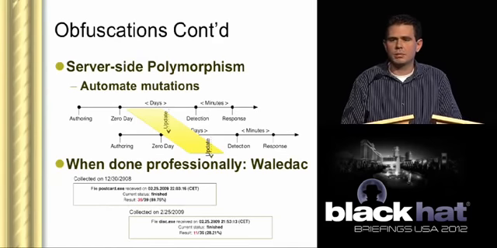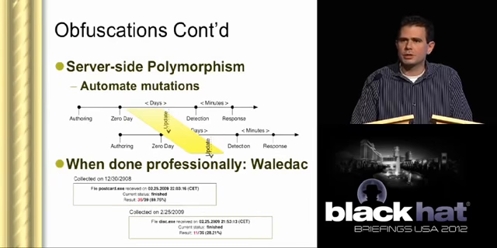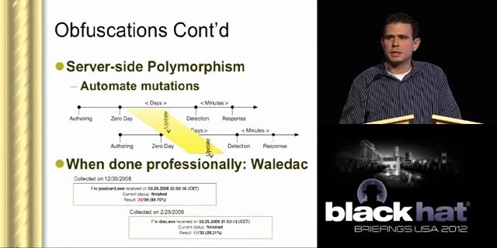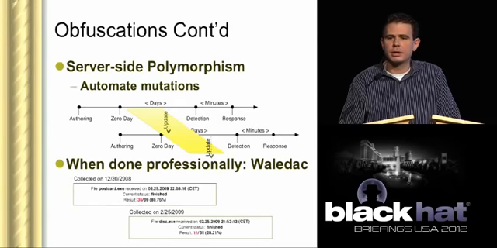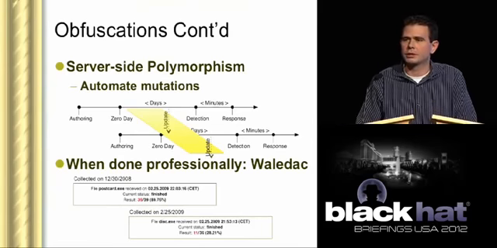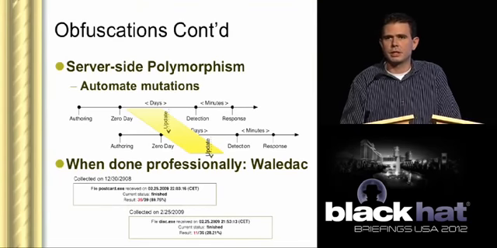And that update won't necessarily behave differently, but it will look different, sometimes dramatically different. And so by the time a given version of malware is detected, say version N, that version is no longer on people's systems. It's long since updated to version N+1 or N+2 or N+K for some arbitrarily large integer K. And when this is done professionally, by professional malware authors, you get detections that look a bit like those of